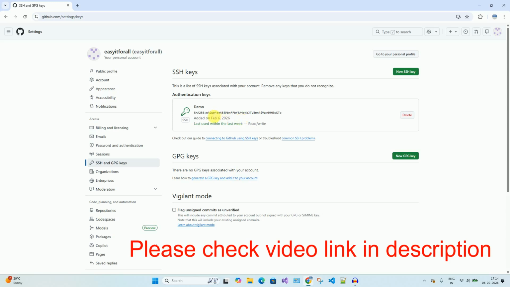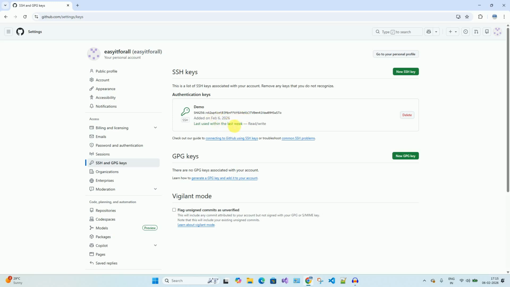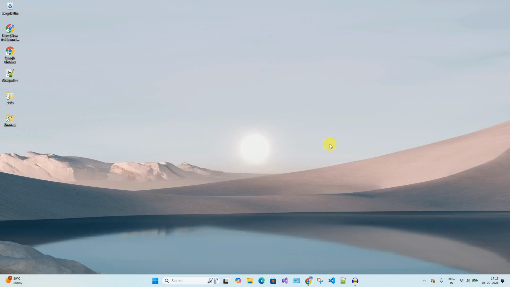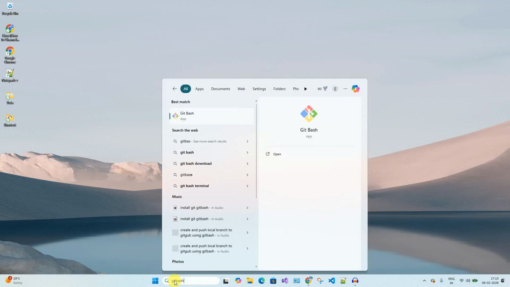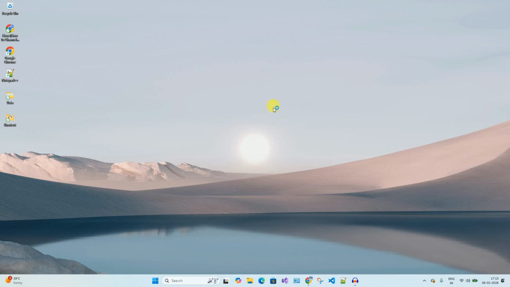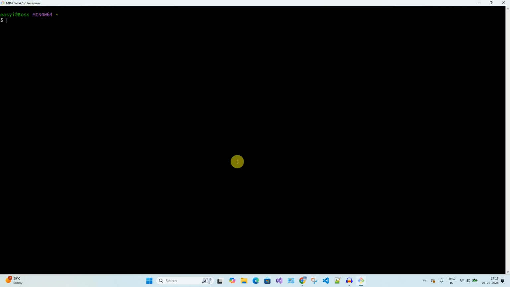Once you have generated the SSH key and once that SSH key is added to GitHub, now open your Git Bash. Open your Git Bash in administrator mode. Once you open your Git Bash, you need to test the connection between your local system and GitHub. For that purpose, you need to type a command